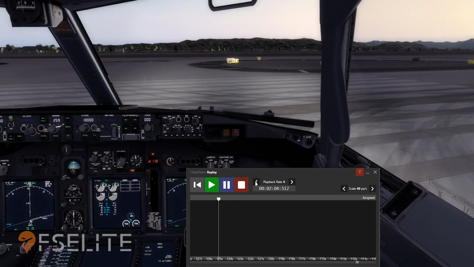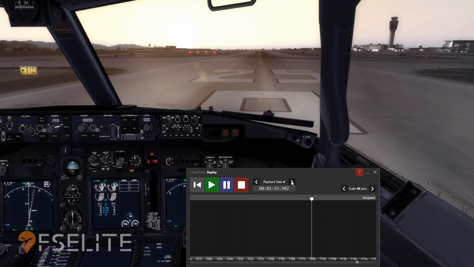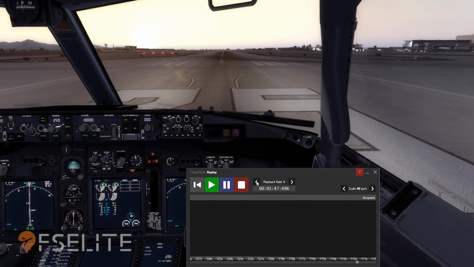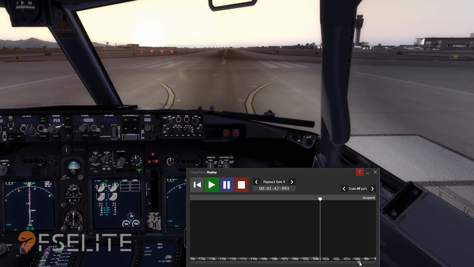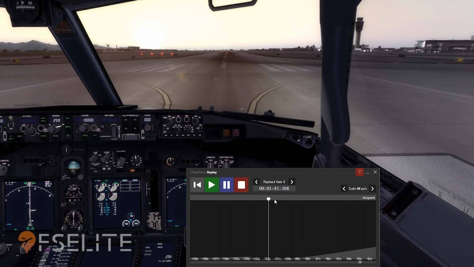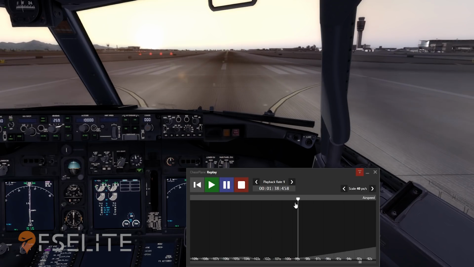You can also speed up the simulation here. It goes up to 4 here, but I've seen it go up as high as 80. I think when I was messing around with it, I saw it go up pretty high. So you can speed it up that way, or you can just slide this down the timeline